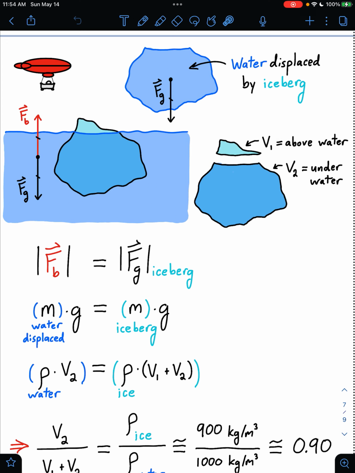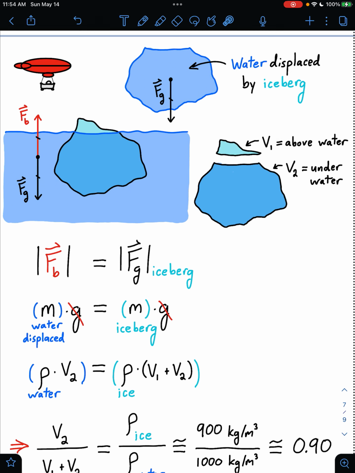Let's break this scenario down to distinguish the volume of ice that is above water here, above the water line, from the volume of the ice V2 that is under the water line, V1 and V2. So for a floating iceberg, if we note that the buoyant force on it is equal to the weight of the iceberg, then we can say that mg equals mg, and the mass of water displaced, that is the mass of this water, must be equal to the total mass of the entire iceberg. And let's cancel out the little g's there